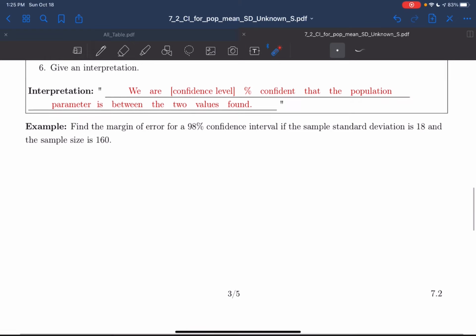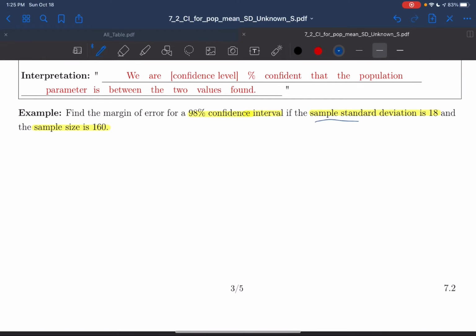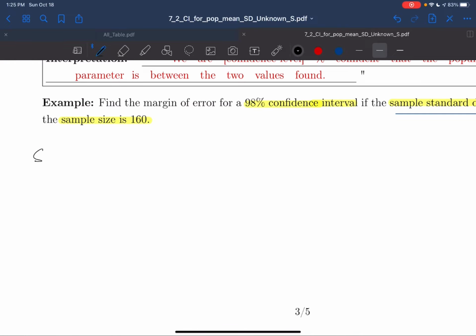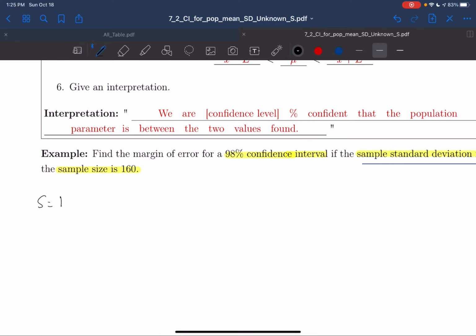So let's, for example, practice computing our margin of error. In this case, we're using a 98% confidence interval. If the sample standard deviation is 18 and the sample size is 160. So here, our sample standard deviation, since this is a sample, we call this s. This is equal to 18. And our sample size, n, is 160. And we're using a